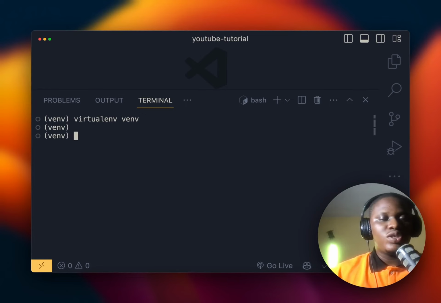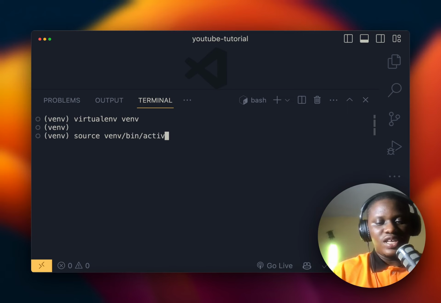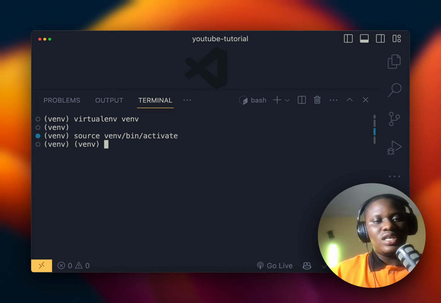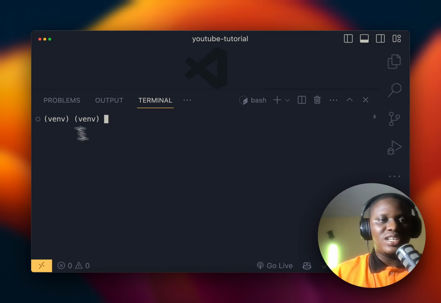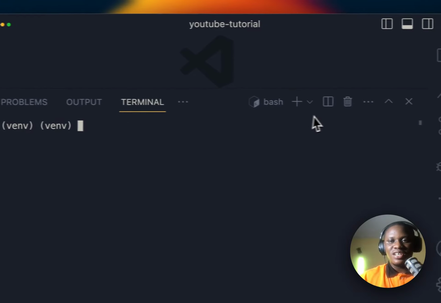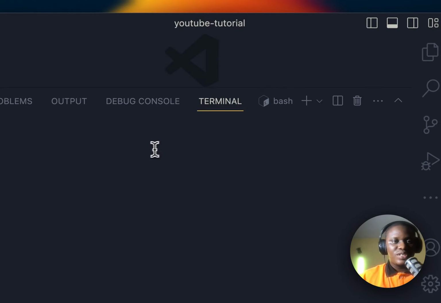So once you've created a virtual environment, to actually activate it on Linux or Mac, all you have to do is just say source venv/bin/activate and click on enter to activate it. So let me just activate this. Wow, this is very weird. So I actually have two virtual environments activated. Okay,